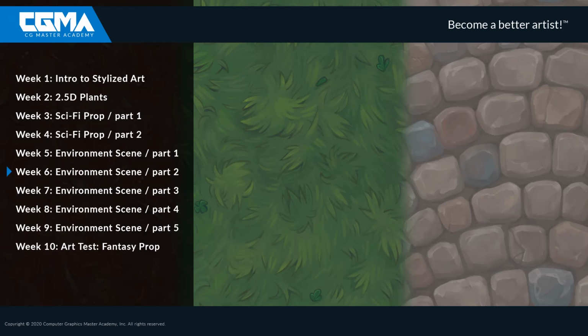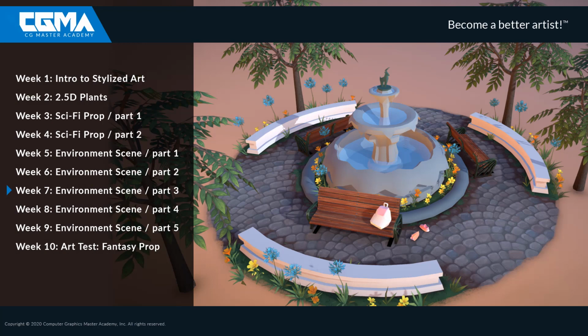For week 6, we'll talk about tiling textures for terrain, and the assignment is 2 tiling textures for the ground or floor that blend together. Week 7, we'll talk about alpha textures, and students will create a plant and one other prop using an alpha,